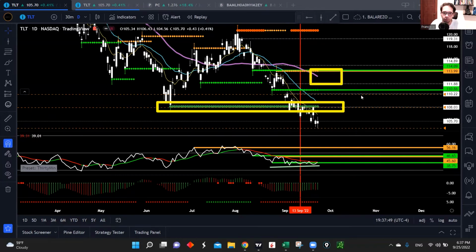That's right now somewhere around 112, I think. Of course, you can see that the moving average is a moving target. So if we happen to see a short squeeze, keep this level in mind, which is 110.86. And if we want to continue higher, keep these levels in mind, which are 114 and 113.99. So